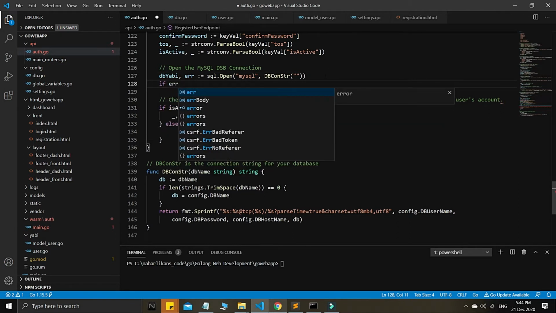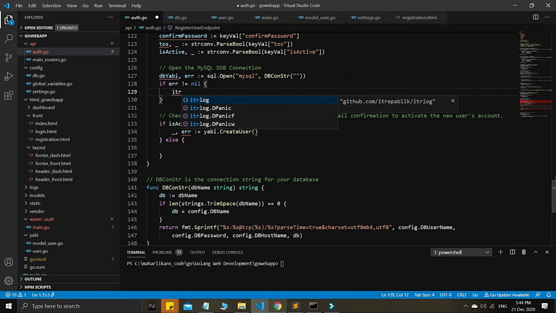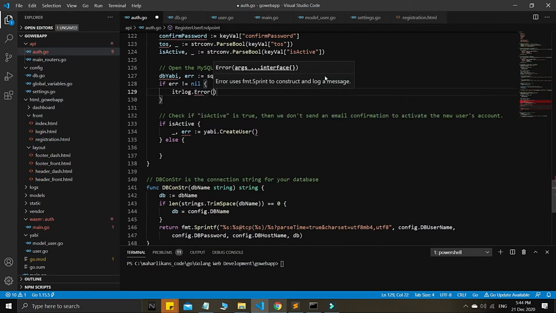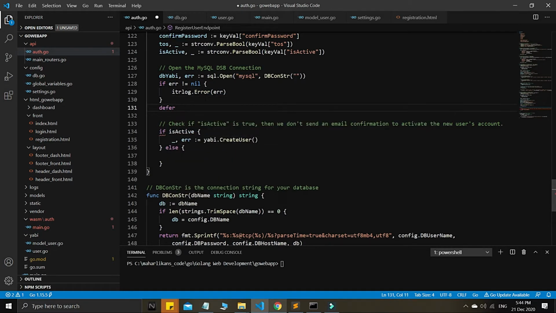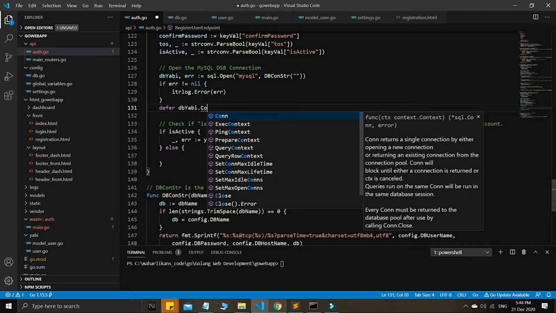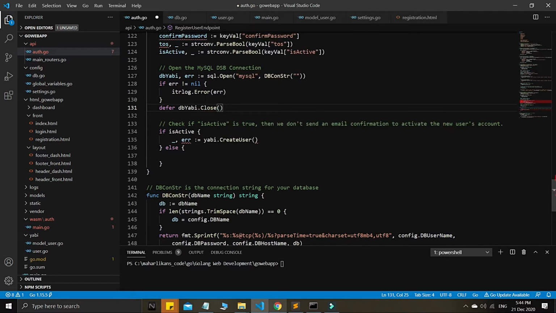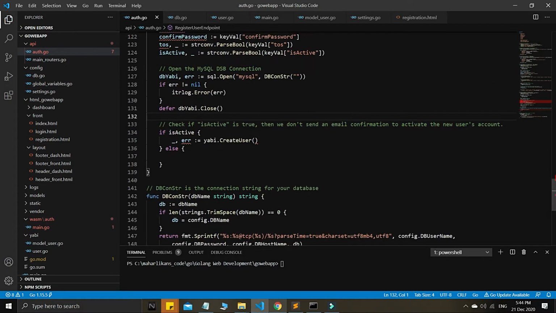Okay, so we check as usual the error, guys. Okay, as our error log here, we can log everything here, guys. Then ensure that you have a defer, guys, so it will not be left hanging if it's not used. We can just close this connection by using this defer, guys. So okay, after this we will form or create our